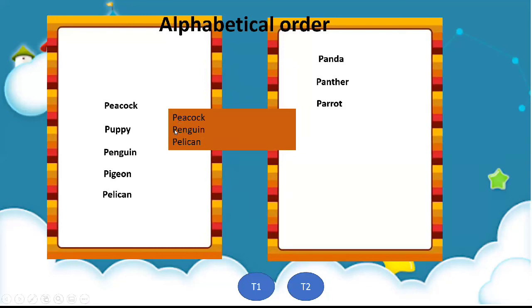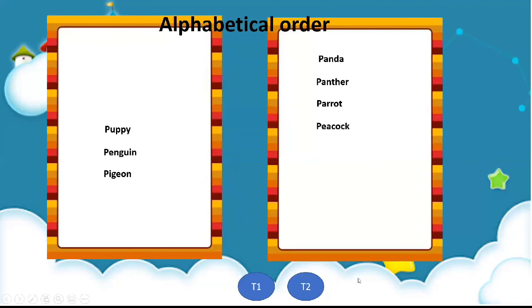I will strike off PE and concentrate on the third letter: A, N and L. As peacock is having A in it, the first one will be peacock and then it will be pelican and penguin. Peacock, pelican, penguin.